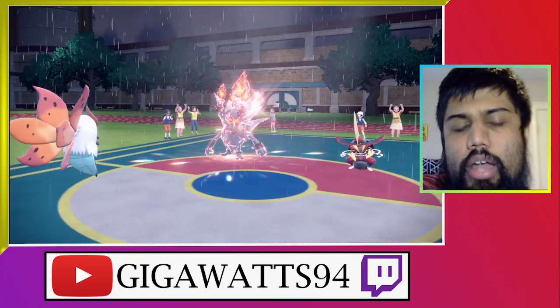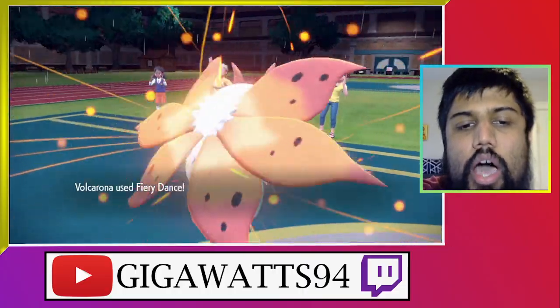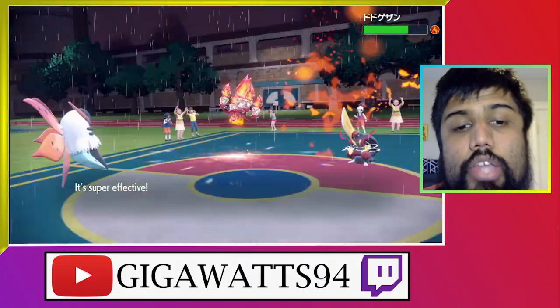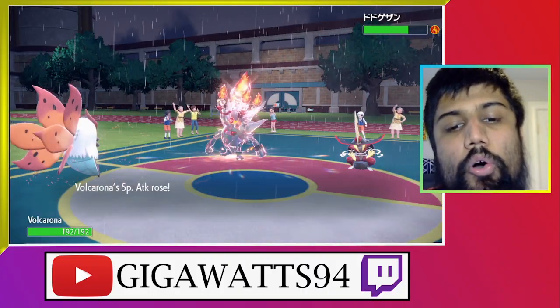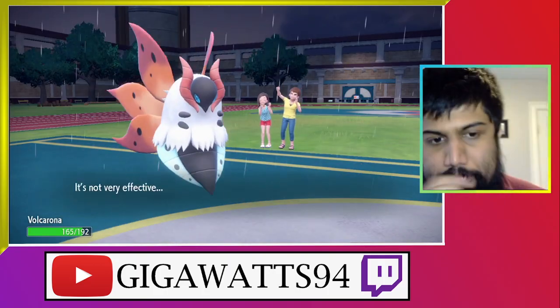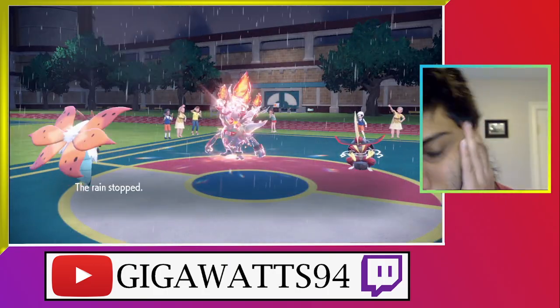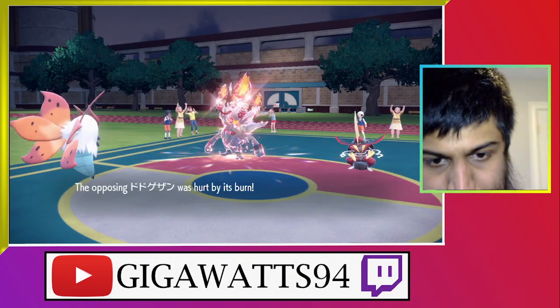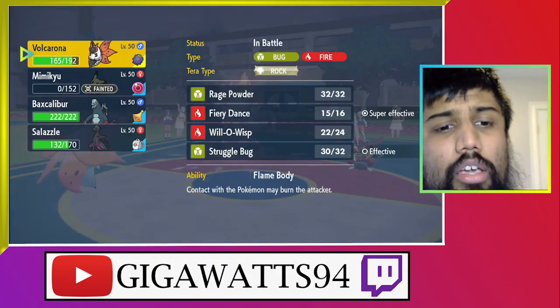But, right, we can sort of play around with things. Fiery Dance, let's see how much this is going to do into... that is no damage at all. I don't like that. Iron Head into the Volcarona. So, what I think... Okay, that's huge. What I think I need to do, right, is I think...